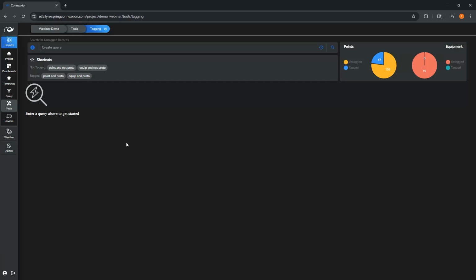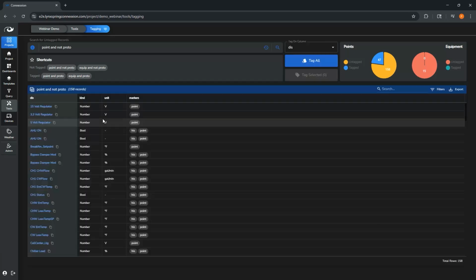So we take a lot of time on our side to make sure that our data tagging process and the way that we model data is up to snuff with the Haystack standards. And that keeps the onus off of you from having to do that, because it's, again, very complicated. But let me just show you how quick this works. Here we have Point Not Proto. So for us, Proto is a database that we put together of predefined Haystack tag sets. That's the simplest I can put it.